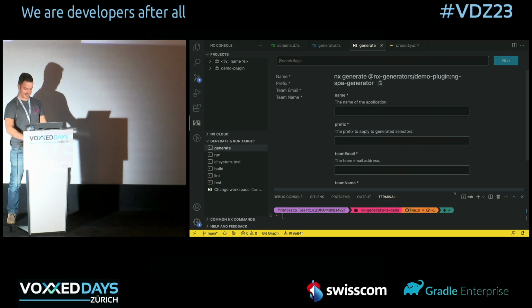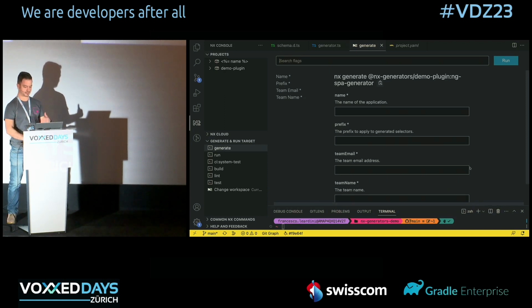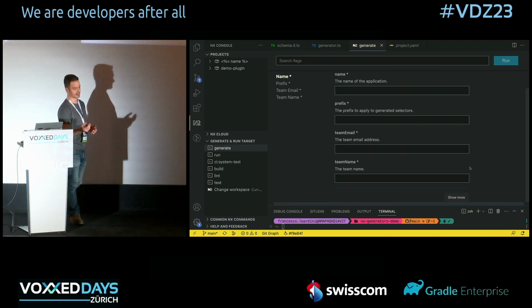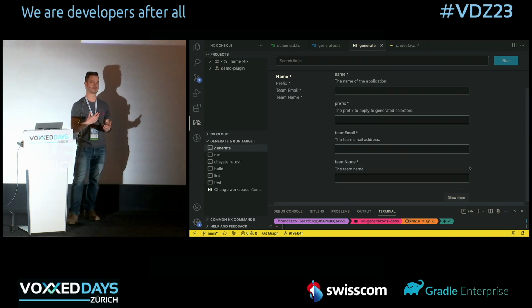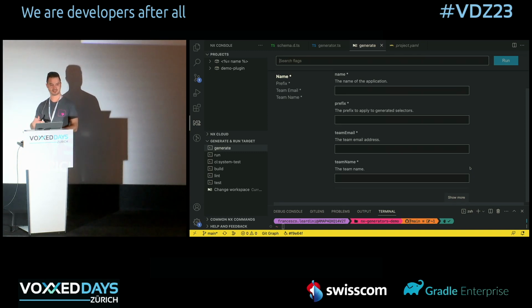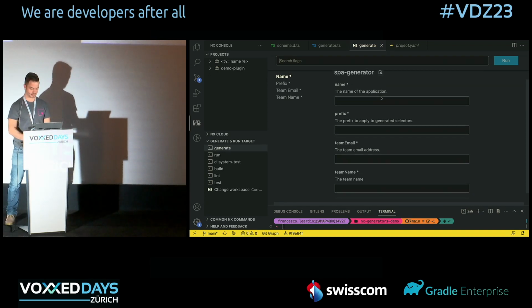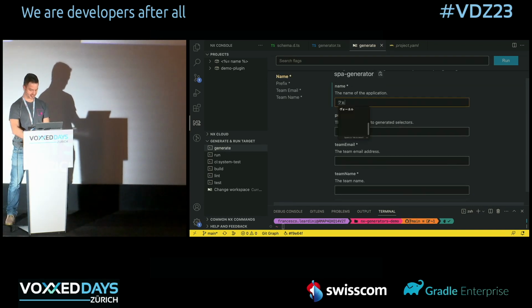We can have here a UI part that provides different input fields. These input fields will be taken as input parameters to accept all kind of the dynamic parameters that we need during the execution of our generators. For example, the name of the application, we can call